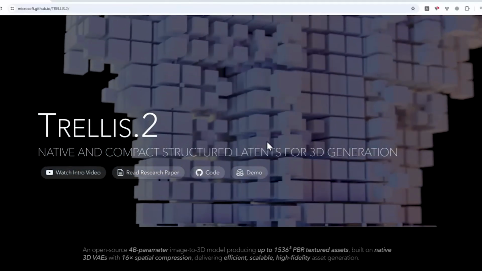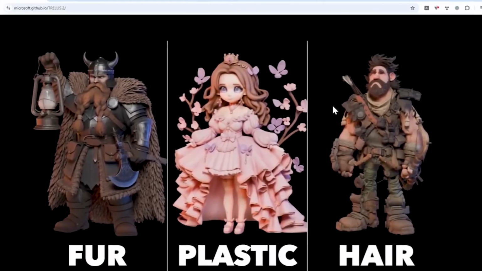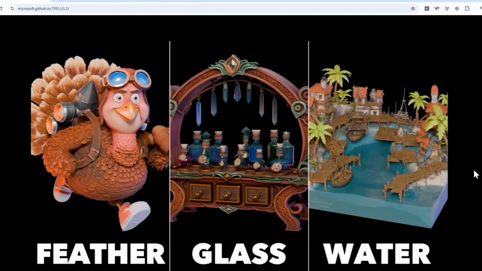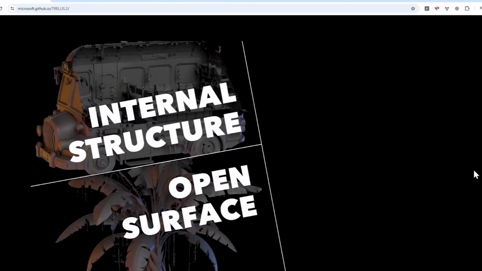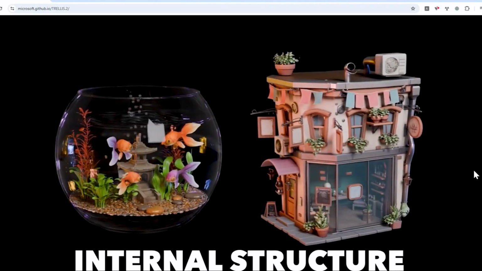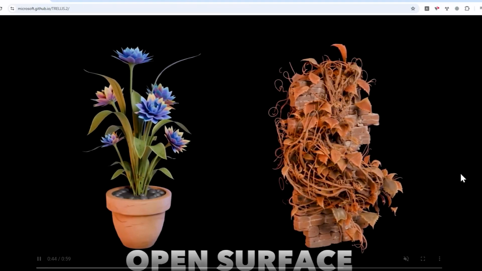Okay, so Microsoft just released a new model called Trellis 2, and with this model, you can easily convert a 2D photo into a 3D asset in just a few seconds. This is really fast, and yet the detail is just insane. Honestly, this is one of the best AI models for converting a photo into a 3D asset, and of course,